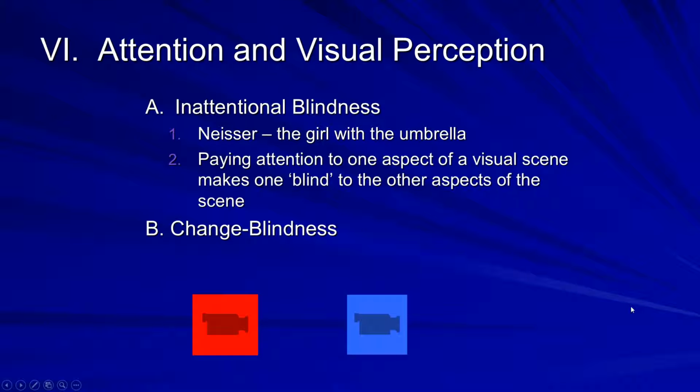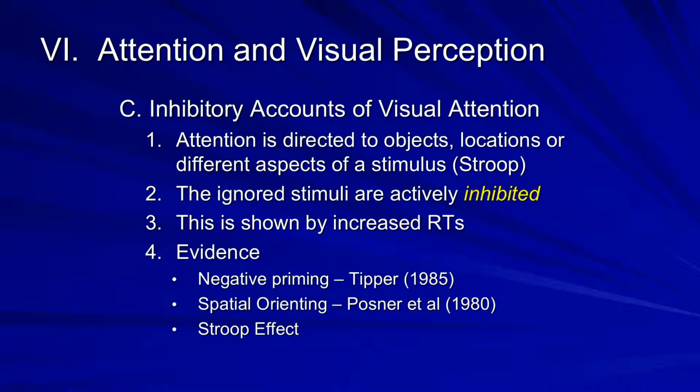So there's all sorts of these kind of videos you can watch online. There's games you can play that have to do with what we call change blindness, whether or not you notice the difference in some visual scene. All of this relates to these inhibitory accounts of visual attention that we talked about. What we've discovered over the years is that attention is directed to objects, locations, or different aspects of a stimulus, and whatever it is that we're ignoring are actively inhibited. So if we're inhibiting a location, a specific object, or an aspect of an object,